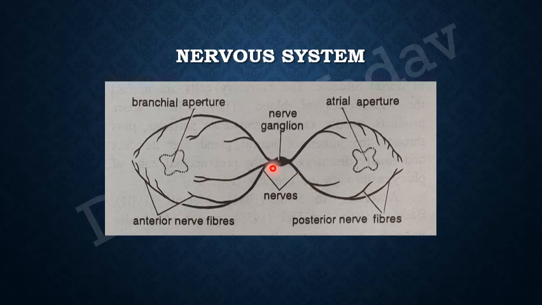Again, here there is a diagram which we can see from the top of the animal. If we view the animal from the top, on one side is placed the branchial aperture, and on the other side the atrial aperture, and the nerve ganglion is somewhere between both the apertures. And as we had seen in the excretory system, the neural gland was present above the nerve ganglion. So in the context of the nervous system, you can say that the nerve ganglion is present below the neural gland.